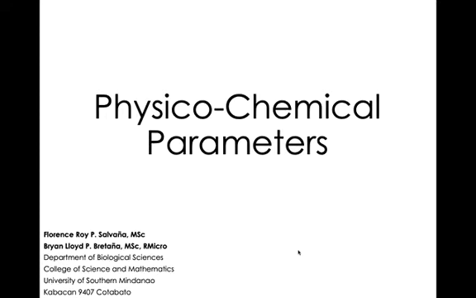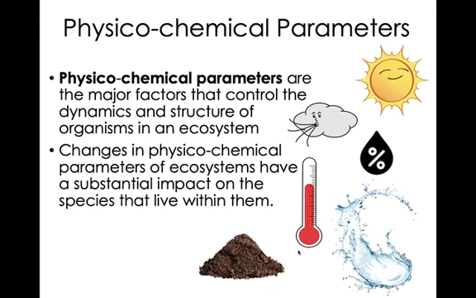of the physicochemical parameters of a specific habitat or an ecosystem. This lecture covers some of the parameters that are usually measured in ecological studies or biodiversity studies in order to have an idea of the quality of habitat, both terrestrial and aquatic, where organisms live. Physical-chemical parameters are defined as the factors that control the dynamics and structure of organisms in